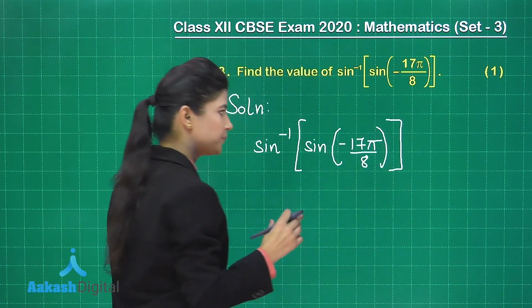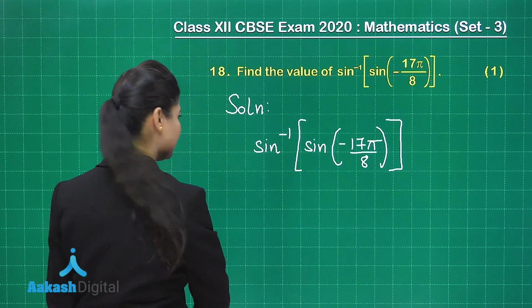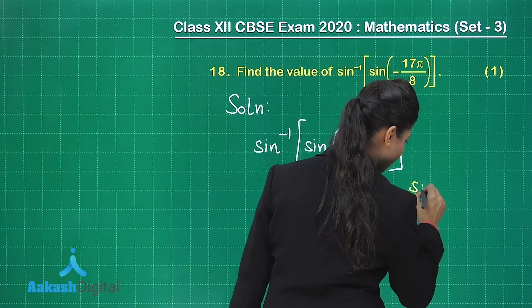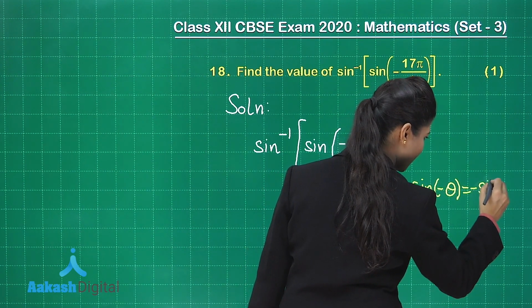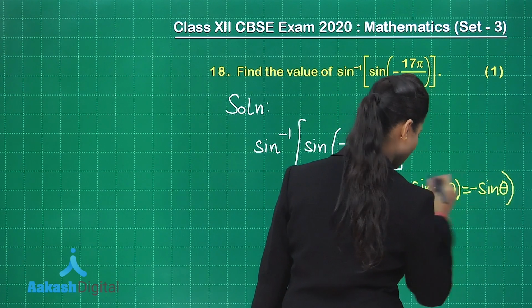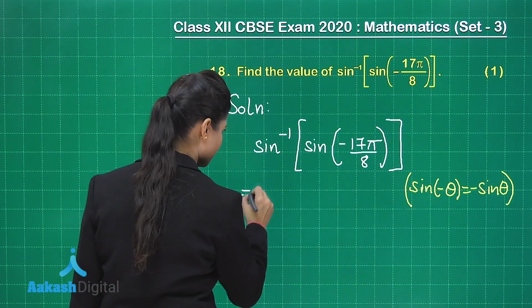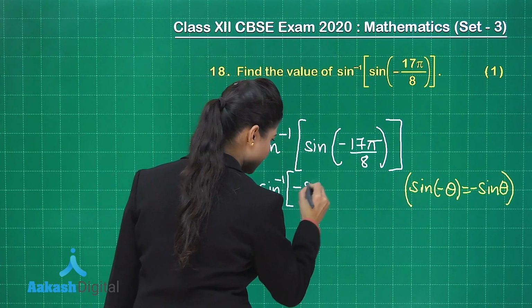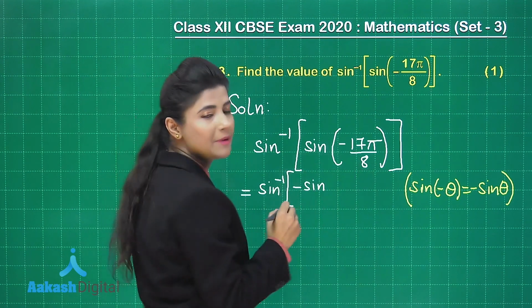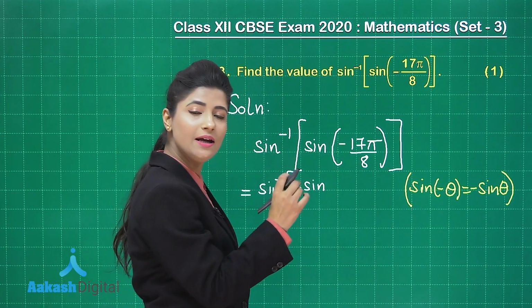As you are aware, sine of minus theta is equal to minus sine theta. So, taking that into consideration, I can write here sine minus theta is equal to minus sine theta. On applying this basic rule, we get here in the second step sine inverse minus sine 17 pi by 8,